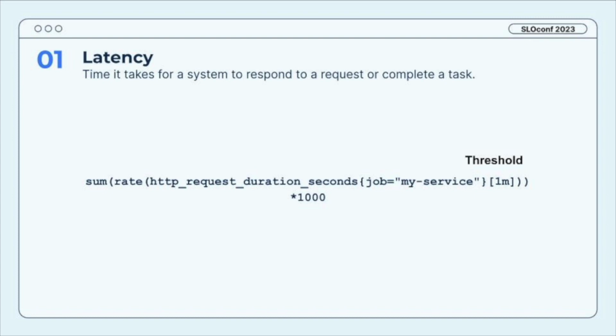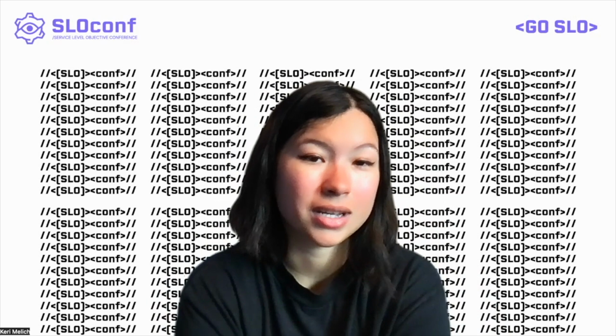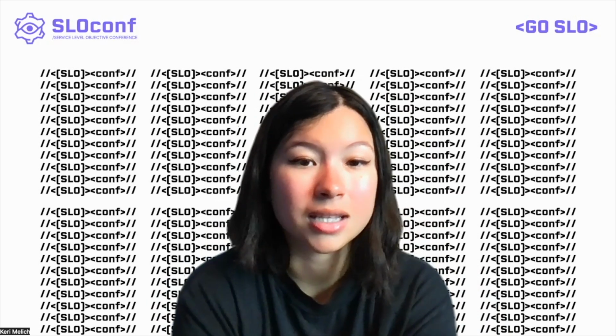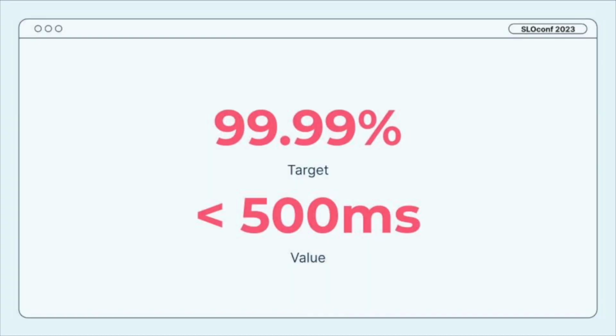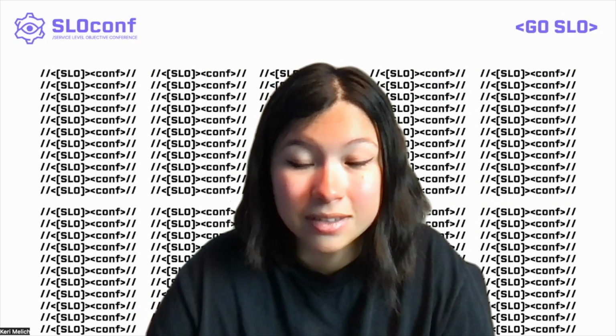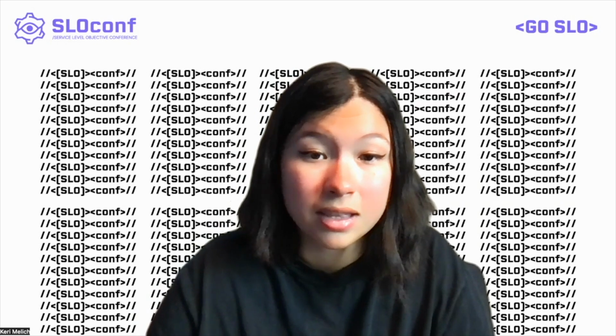So again, latency is the time it takes for a system to respond to a request. And so in this case, the request would be a customer loads a page that connects to the service that looks for real-time stock data. So we can take this SLI and we put it into an SLO where we can set our target to something like 99.99% of all requests need to be within 500 milliseconds. So what that's saying is when we make a request to view real-time stock details, we want it to return the values within 500 milliseconds of making that request.